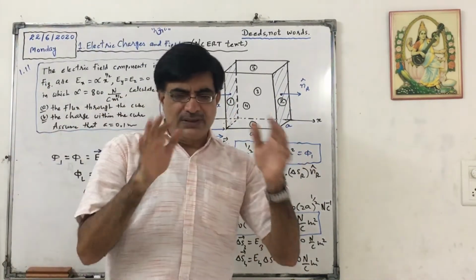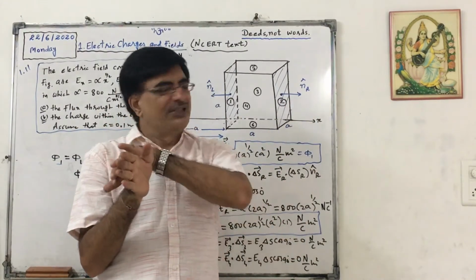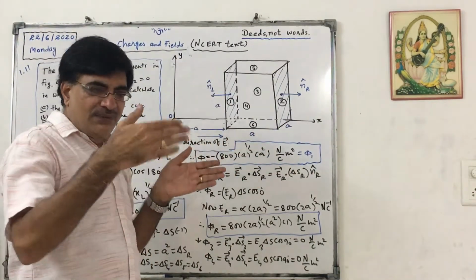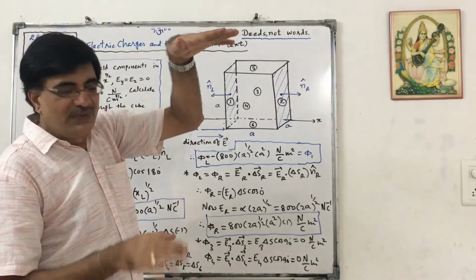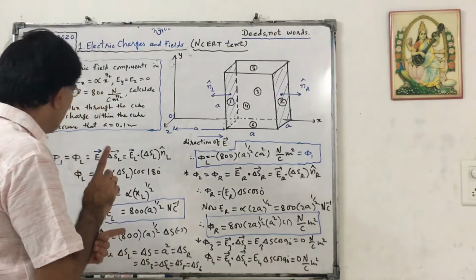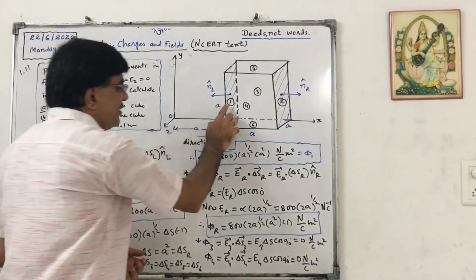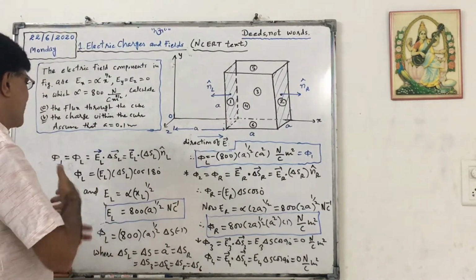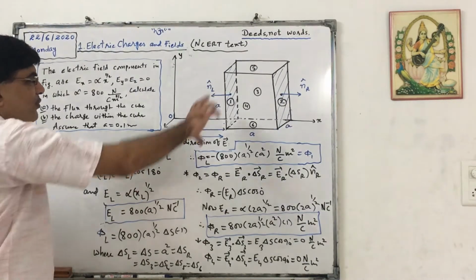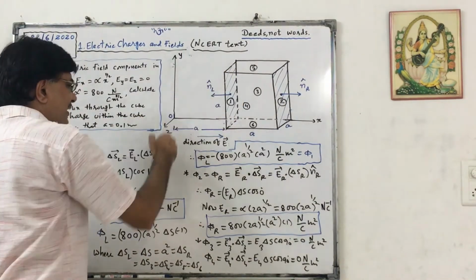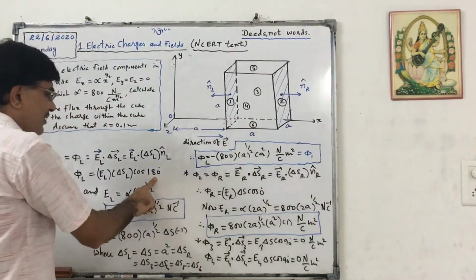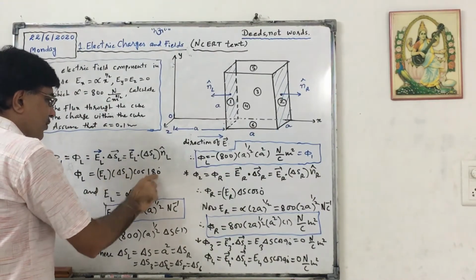Now I have just given numbers to the sides. Suppose this cube is like this. This is the left hand side, which I have given as number 1, this as number 2, the back side as number 3, the front side as number 4, the top as number 5, and the bottom as number 6, for our simplicity. Now first of all, let us find the flux linked with the first surface, that is the left surface. So EL dot delta SL can be written as vector EL dot, magnitude of this is delta SL and direction is NL cap. But vector E is in this direction, NL cap is in this direction, so the angle will be 180. So it will be EL delta SL cos 180.